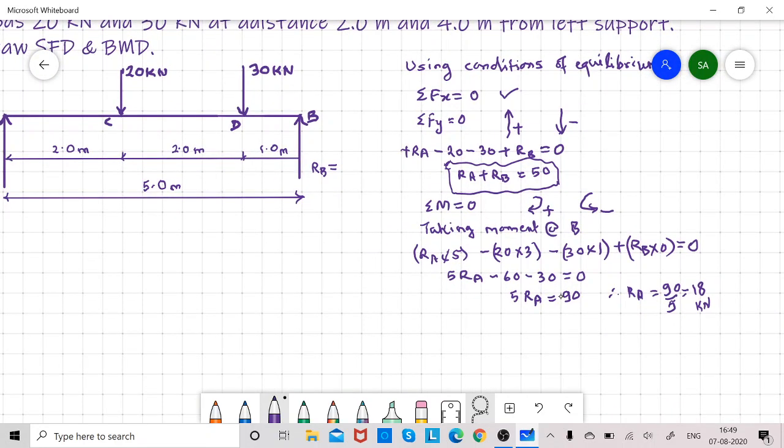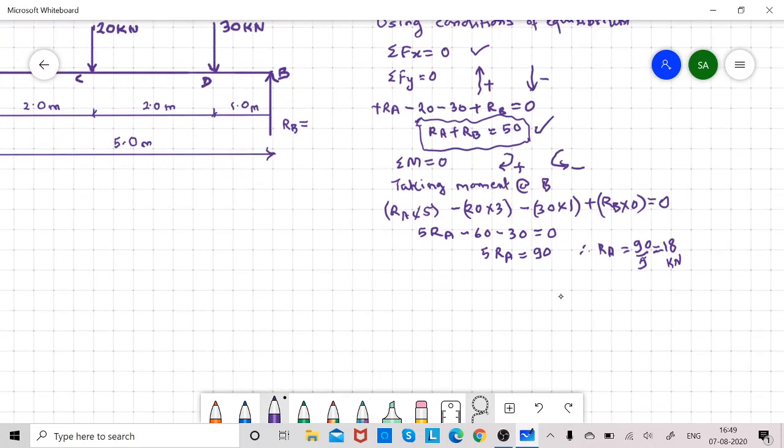Now we can easily find the value of RB from the earlier equation, but if you make a mistake in the calculation of RA, RB will also go wrong. So to avoid this, we'll take moment about A now. So taking moment about A,